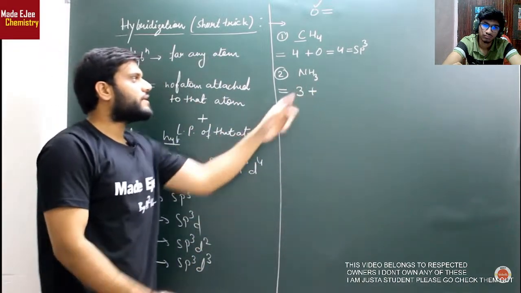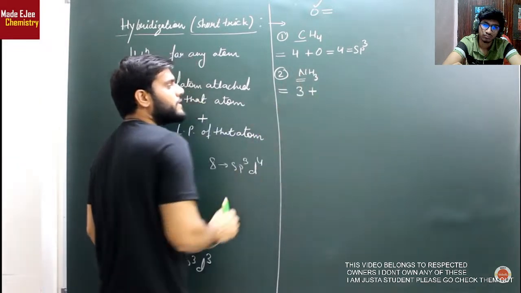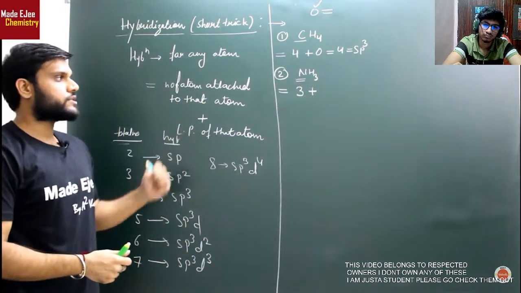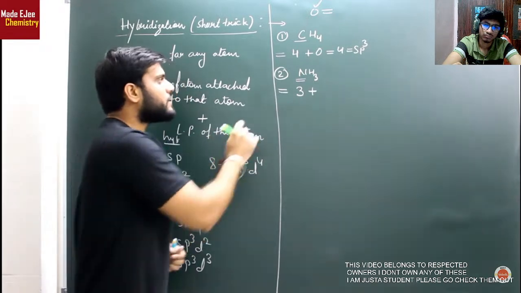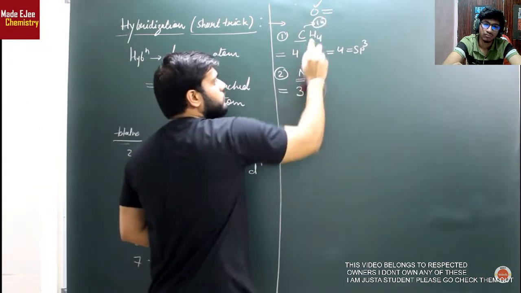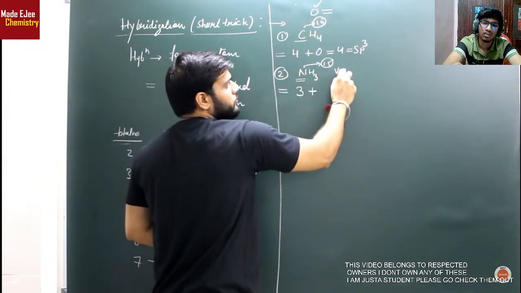है, नंबर ऑफ एटम अटैच, सेंट्रल एटम के साथ 3 हाइड्रोजन अटैच है। जरा ध्यान से उसको देखो, ये हमारा सेंट्रल एटम है जिसके लिए हमें हाइब्रिडेशन कैलकुलेट करनी है, तो 3 एटम उसके साथ अटैच है। अब चेक करते हैं हमको लोन पेयर। अब देखिए नाइट्रोजन आता है 15 नंबर ग्रुप में। तो इसके पास वैलेंस इलेक्ट्रॉन कितने होते हैं, 5।